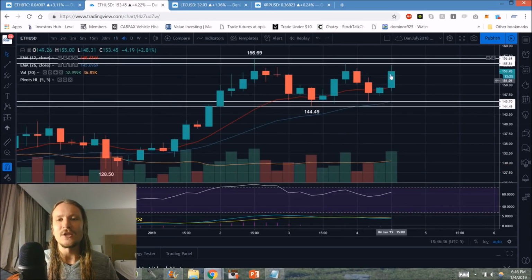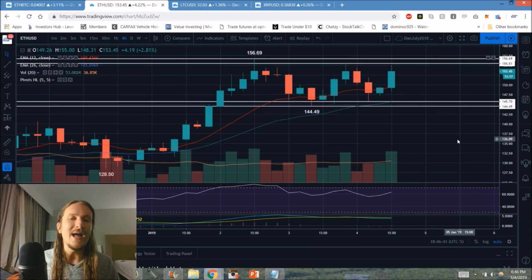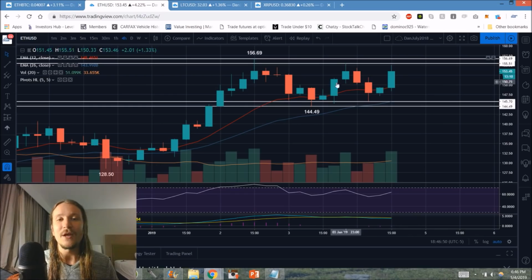So if we see consolidation and a 4-hour higher low compared to 145.70, inability to break resistance, and then a bear break, I will exit. So if we lose the 4-hour uptrend, I'm going to stop out and not have a position. And if we see Bitcoin break bullish,